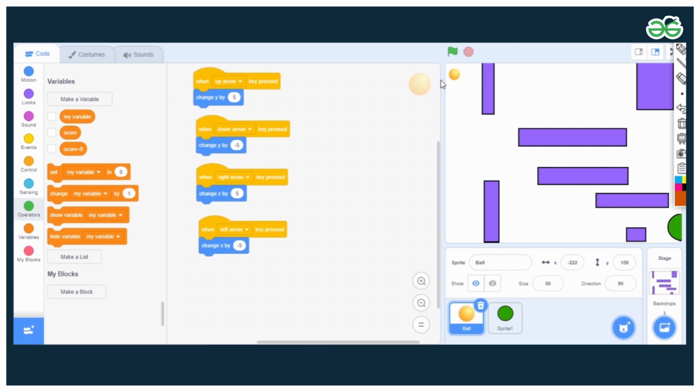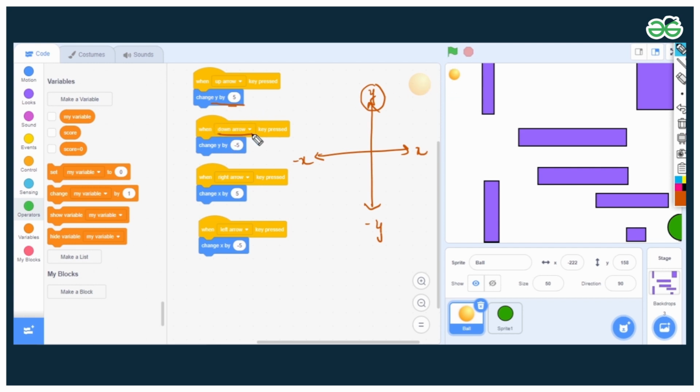You know that you need to make the ball move in all the 4 directions, right? Again, let's make our coordinate plane here. If you are pressing the up arrow, that is, if you need to go up, this is y, this is minus y, this is x, and this is minus x. If you want to go up, what should be done? The y should be increased by a positive number, right? So we are changing y by a positive number. So the ball will move 5 steps up.